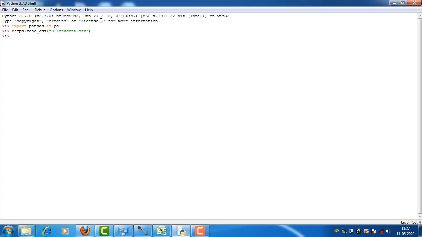So now the values and the data from student.csv are transferred to df. df is nothing but a data frame. So the pd.read_csv method is used to read the CSV file.